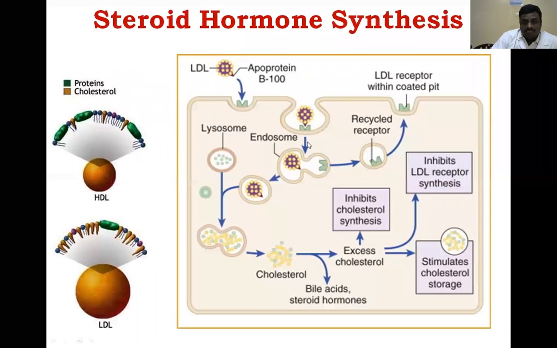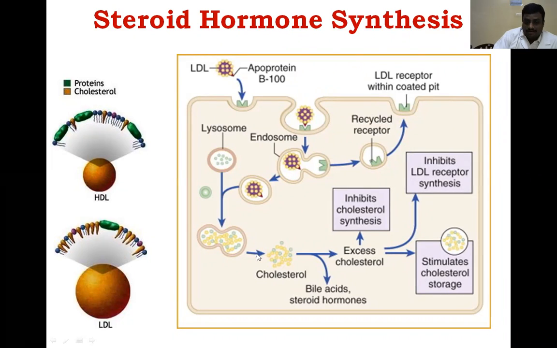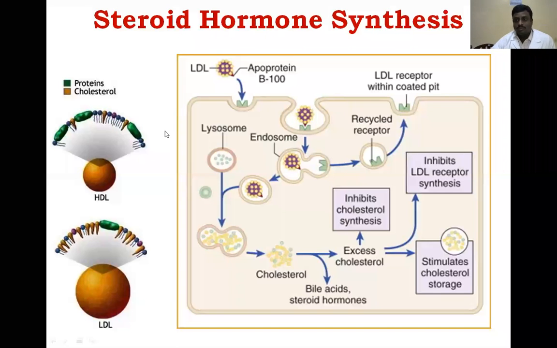This is the process. From cholesterol, steroid hormones are produced. For the production of steroid hormones, cholesterol is required inside the cells of the adrenal gland. Cholesterol is transported from the extracellular space, from our blood, into the cell through a transporter. Here we know there are two types of cholesterol. In the lipid profile, you know the different parameters: triglycerides, cholesterol, HDL, LDL, VLDL.